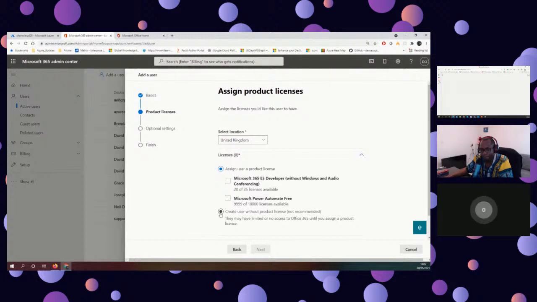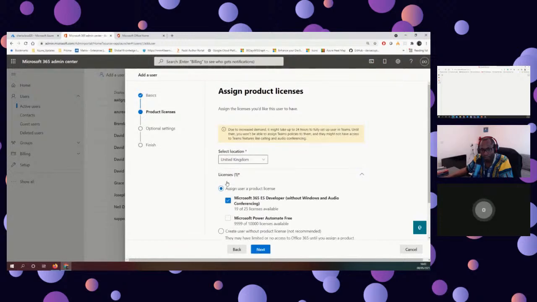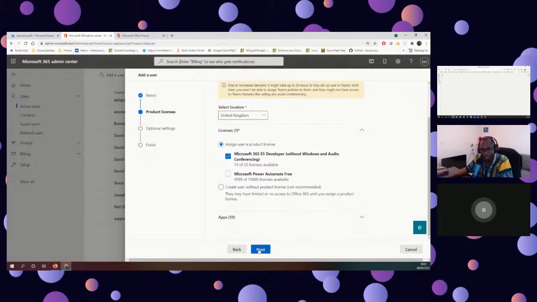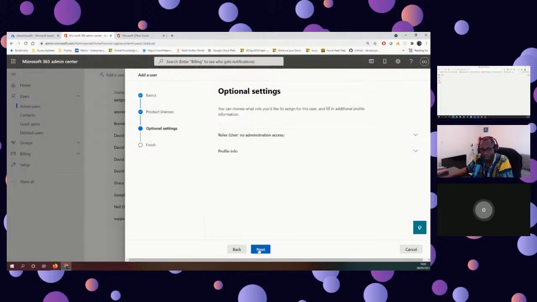The user would be treated as an identity, not as a user that can easily consume applications like Teams, Exchange Online, etc. David is showing us that there are several licenses. You need to assign a product license to be able to use it. So if David can give us one license,